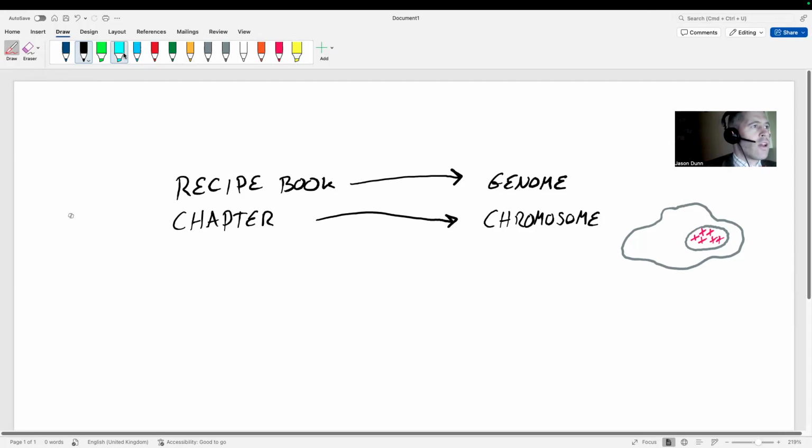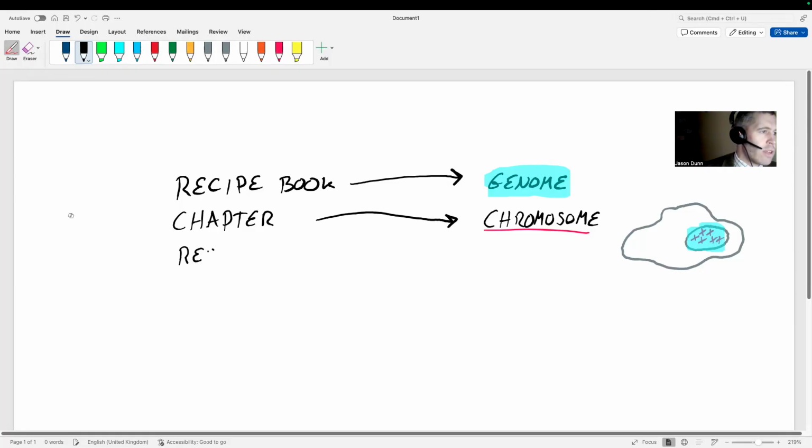Maybe I'll color code this. So the genome is kind of like everything, all of that thing, and then the individual chromosomes are those things. Okay. Then the next level down, I suppose, in the chapter would be the recipe for French onion soup or mulligatawny or whatever it is.